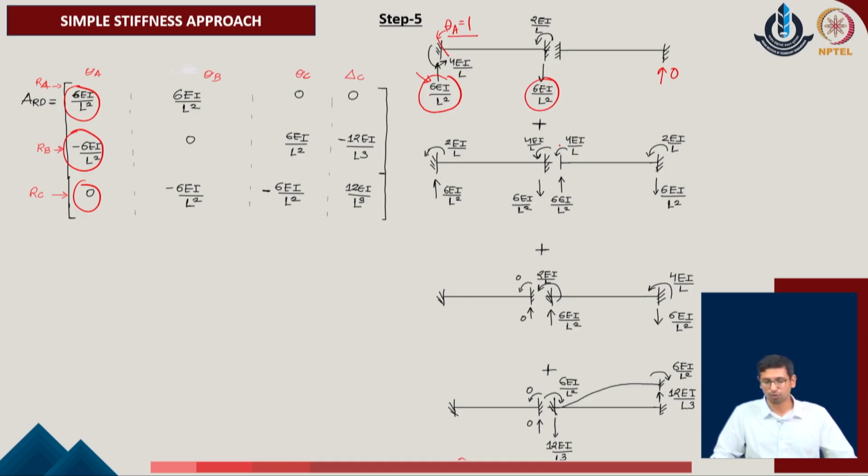In the same manner, we go with the second system where we apply the rotation at the point B, theta B equal to 1 unit in the given problem. Again, we evaluate the set of forces in the direction of R of A, R of B and R of C in the given problem, and these values have again been identified corresponding to their net resultant of the given system, and these values typically constitute the overall component of the matrix A of RD in the given system.